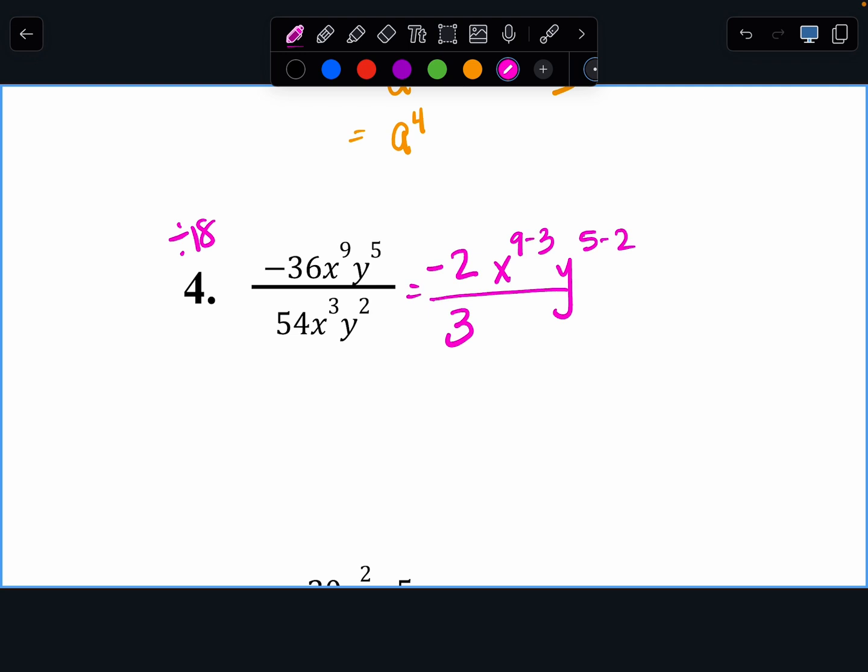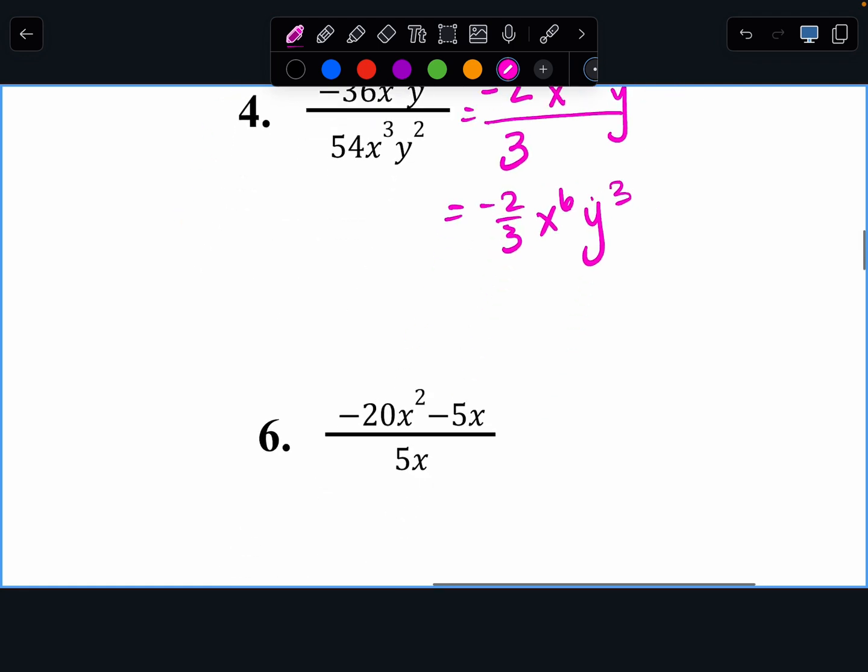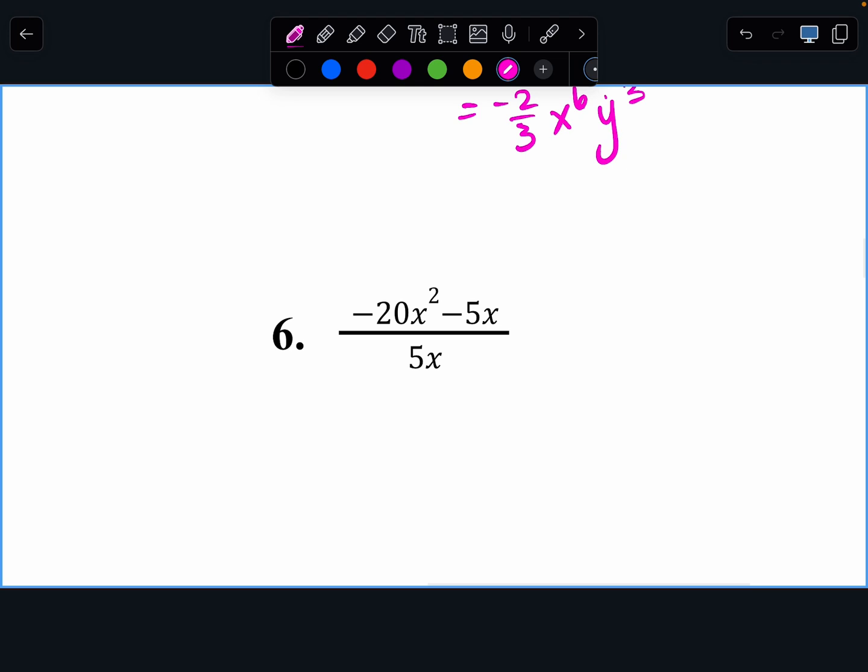So then I reduce negative 2 over 3, x6, y3. What happens when you have a fraction with more than one term in the denominator? This is how we divide by terms. Those two things, because they're separated by pluses or minuses, are